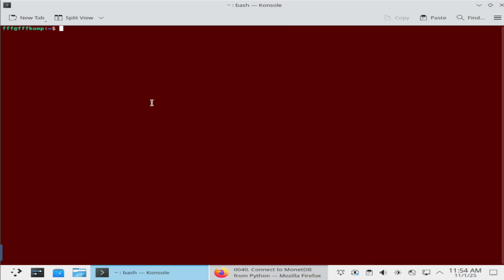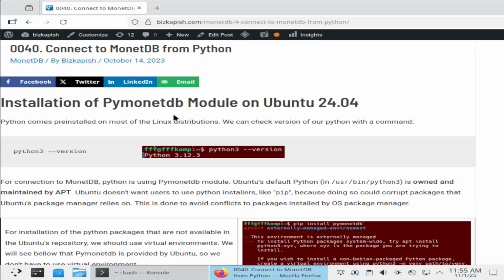Today we will see how we can connect to MonetDB from Python. I will first check my Python version with this command, and on Ubuntu, just like on most Linux distributions, we already have Python installed. I will then jump to this web page, and we need to install this Python module, pymonetdb, to connect to